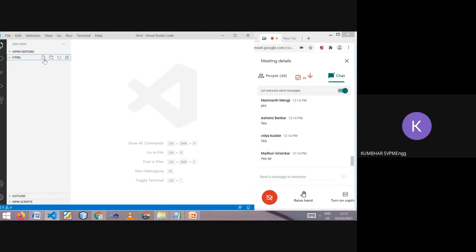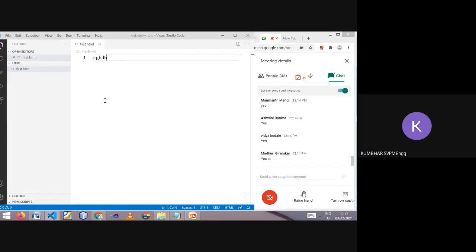I'm going to create a new file. Suppose this is my first.html. You have to give the proper extension. When I press enter, on the right-hand side that file is open. You can understand because the file name appears here. Does this font look readable to you all?